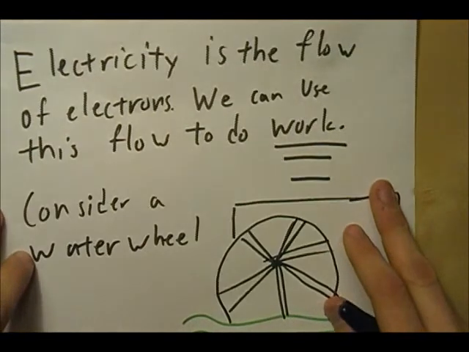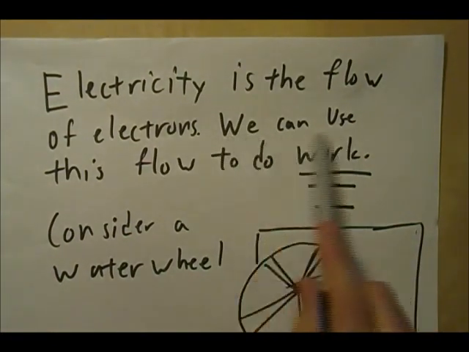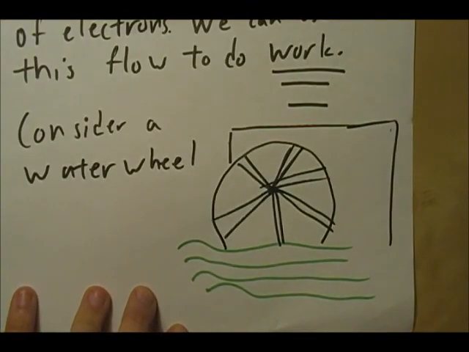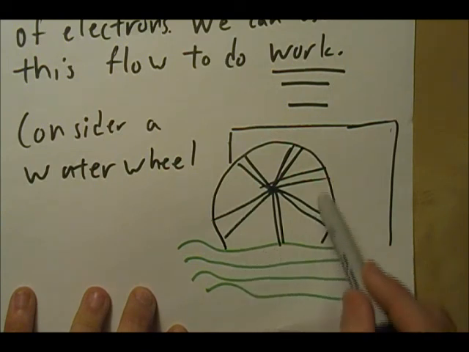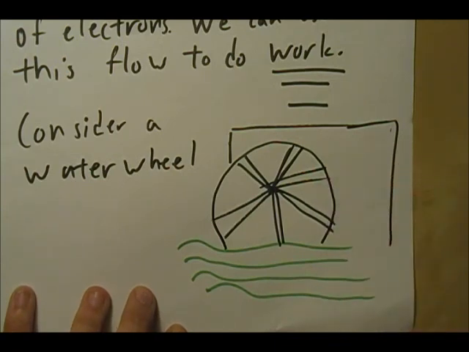Electricity specifically is the flow of electrons that we can use, and we can use this flow to do work. Now, in order to understand how we use it to do work, let's consider a water wheel. There's water flowing past the water wheel, and the water wheel takes some of the kinetic energy from the water and uses it to spin the large wheel, which generally goes inside the building that the water wheel is attached to, and uses that energy to move a grindstone, which grinds up cornmeal or something, but that's